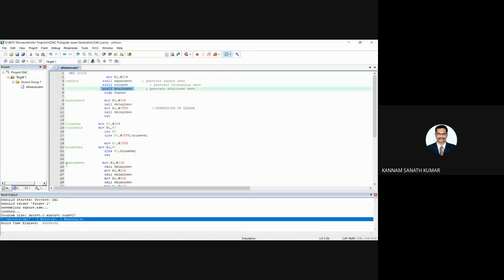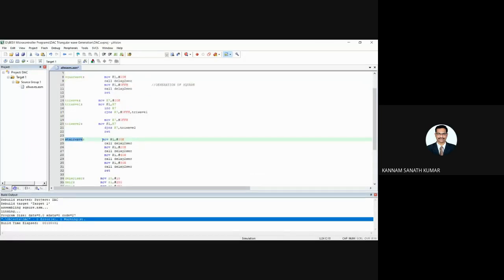Next, the staircase, or we can call it a stairway. We are initializing port 1 with 00H and calling a delay function. That is the initial value, then some delay, and you move port 1 with 20H. So that means you are dividing into 20, 40, 80 like this.